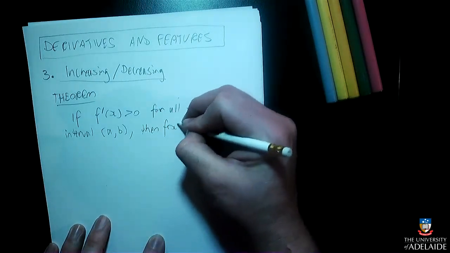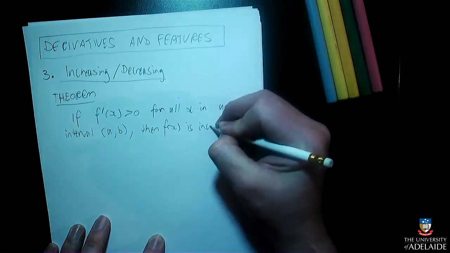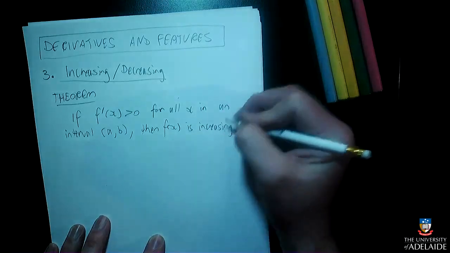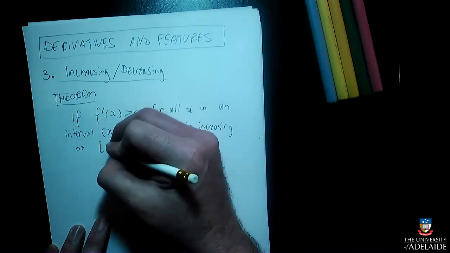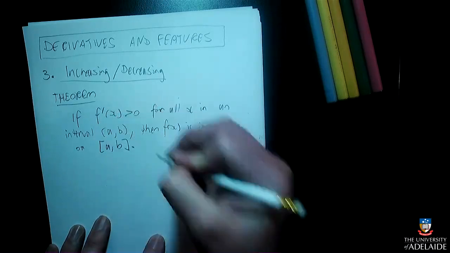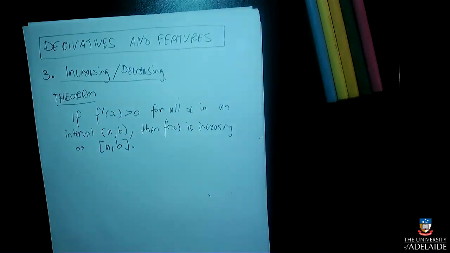Then f(x) will be increasing on the closed interval, including the two ends. That's the theorem. So as long as the derivative is positive everywhere on the inside of an interval, the function will be increasing on that interval, including the two ends, because you'll be able to go all the way up